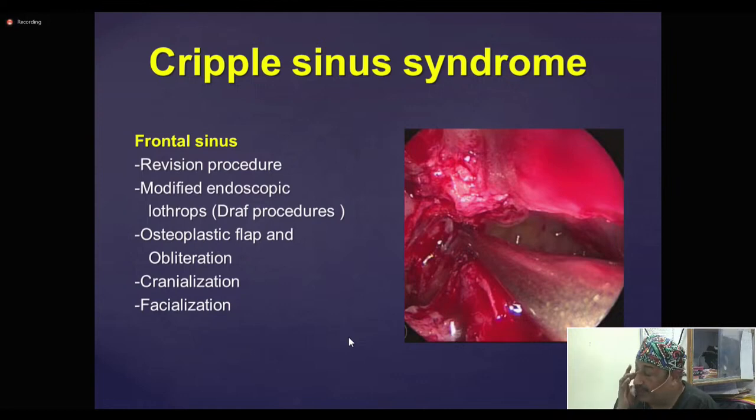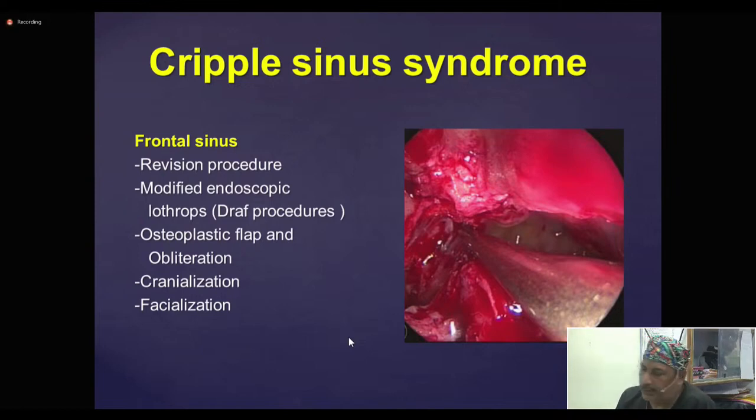Even if your osteoplastic flap is done somewhere and still giving problems, mucosal and all that, if the sinuses are big, you can do a revision Draf 3. So both things are possible according to the need. By and large, for the smaller sinuses, obliteration. In revision situations, even the Draf fails. Primary is Draf for everything. If smaller fails, osteoplastic. Otherwise, you can revise the Draf 3, or in the most difficult situation, like I am taking up in the next case,